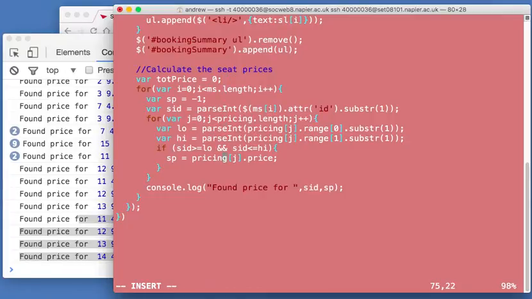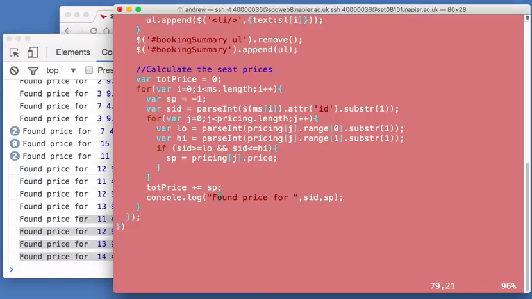we're going to set SP. I'm going to leave SP in place. And I'm going to say here, after I've been through the loop and I found the matching one, totPrice plus equals SP. And I'm not going to bother logging, I'm that confident. Okay, so that's the total price, and after I've been around all of these seats, 4 seats in this case, let's console log